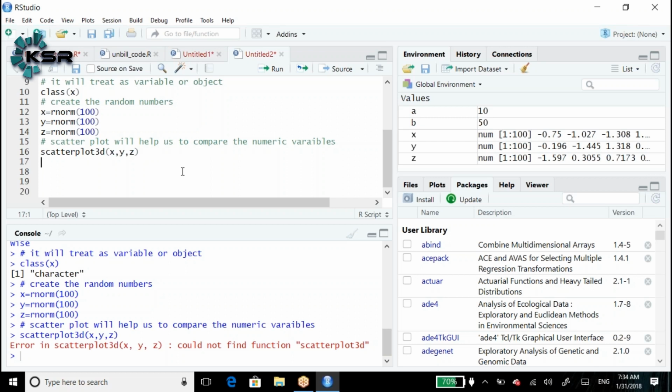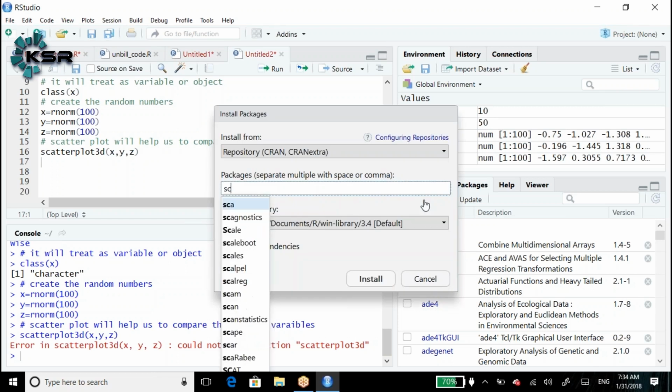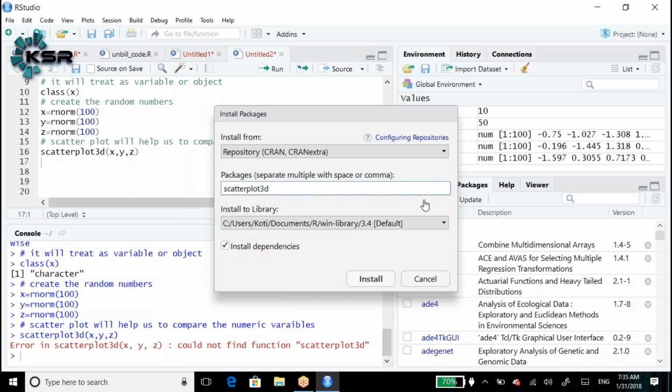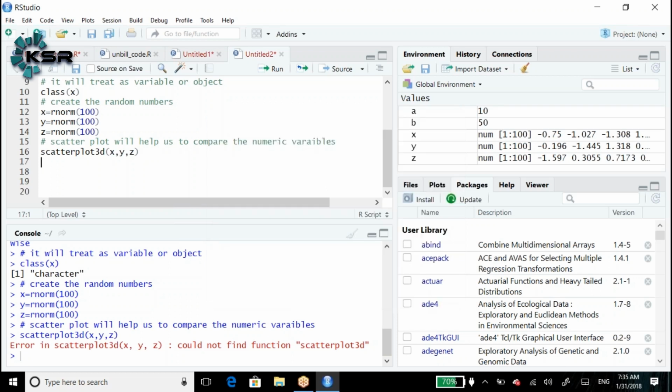How do I install? We can install the package in two ways. One is to go to the package tab. Here you can see Install. You can use the scatterplot 3D. Can you see scatterplot 3D? Once you have done it, just install it.